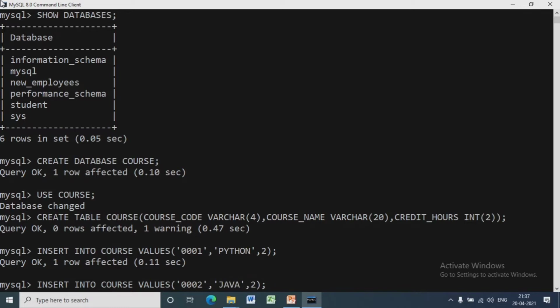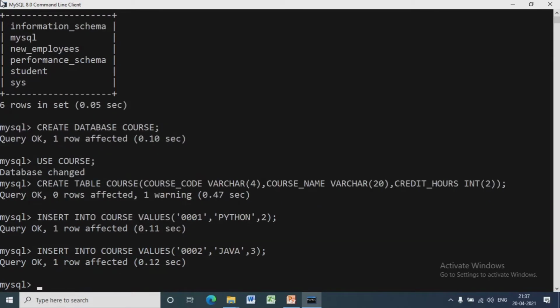If we want to insert a new row with values of selected columns only, then we can do this by writing insert into table name, column 1, column 2 and values, within brackets value 1, value 2. Here I want to insert only 2 values to 2 columns.